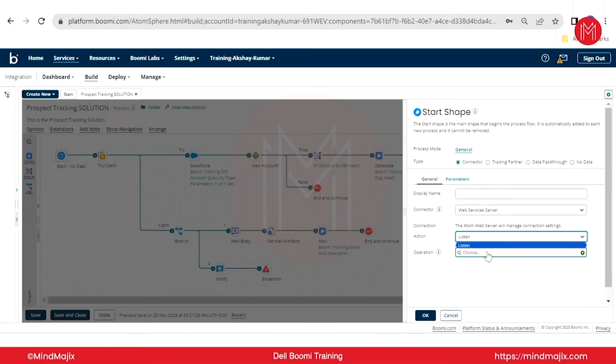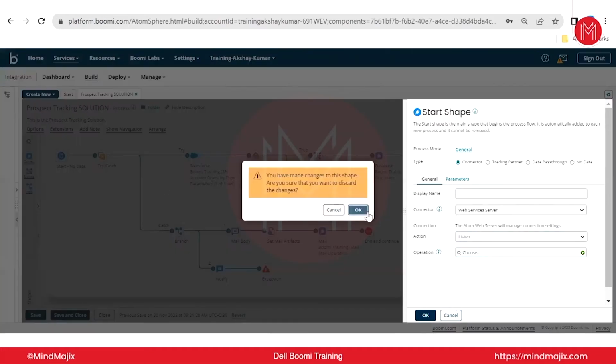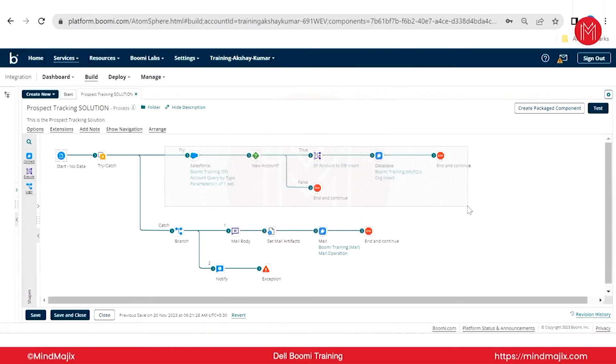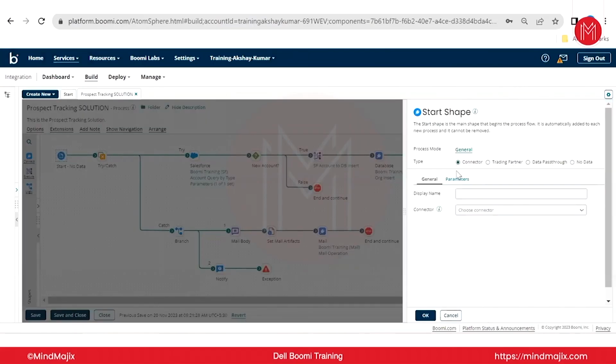Based on that, it will trigger your integration. Once the integration is triggered, the rest of the process will run and complete your actions. If at all this throws any error, it will throw the error message for you. That's how it works. So first we'll start with the listener process